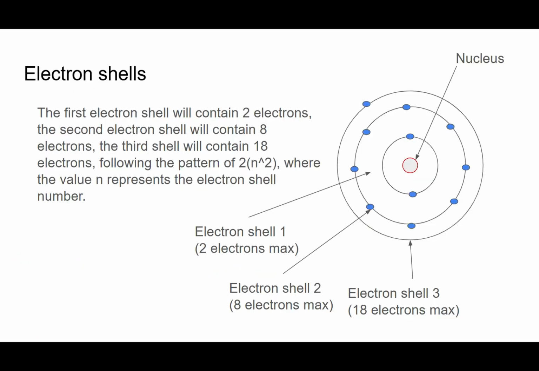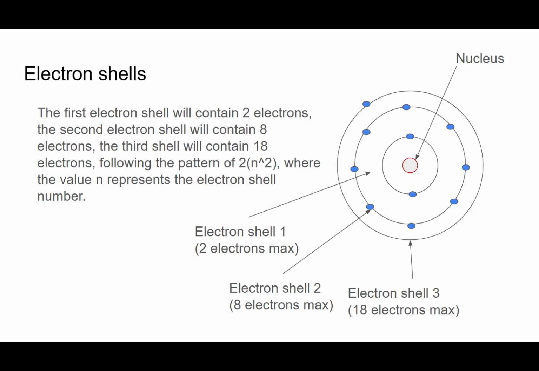Right, so let's talk about electron shells. The first electron shell will contain 2 electrons max. The second electron shell will contain 8 electrons max. The third electron shell will contain 18 electrons max. So it's going to follow the pattern of 2 times n squared, where the value n represents the electron shell